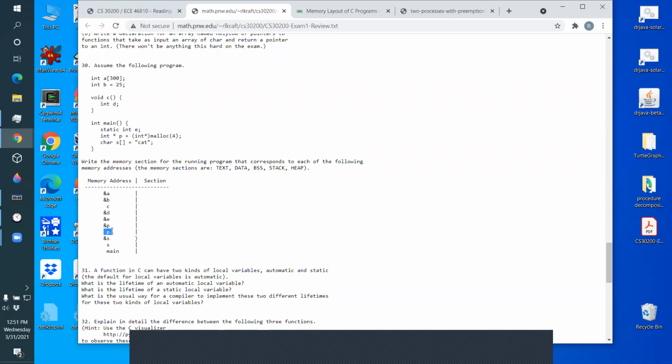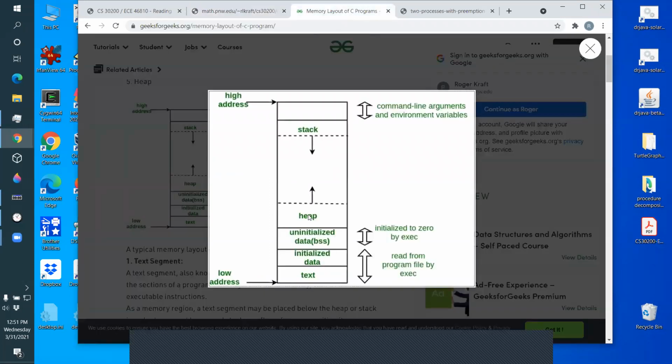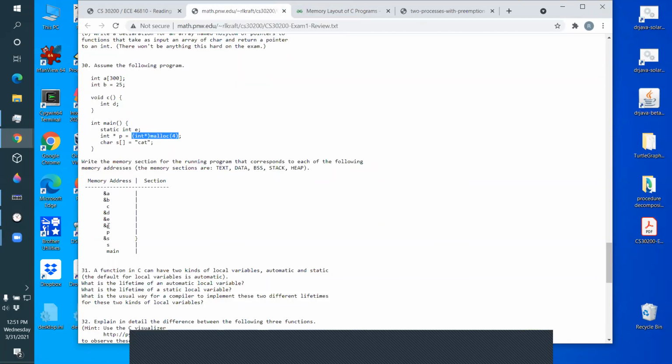So it's pointing in the heap. So here's something in the heap. Something in the heap was allocated. So this thing, P, points into the heap. So this is the address of P itself, but P is sitting in the stack. This is what P points at. And you can actually, if you